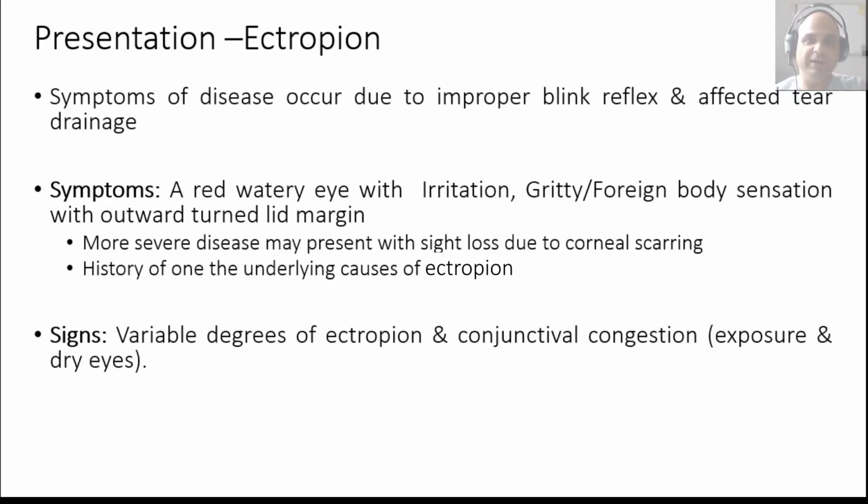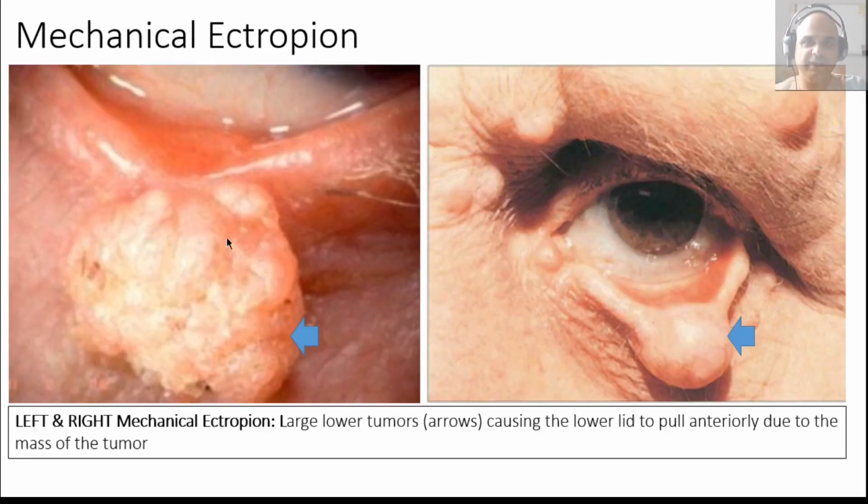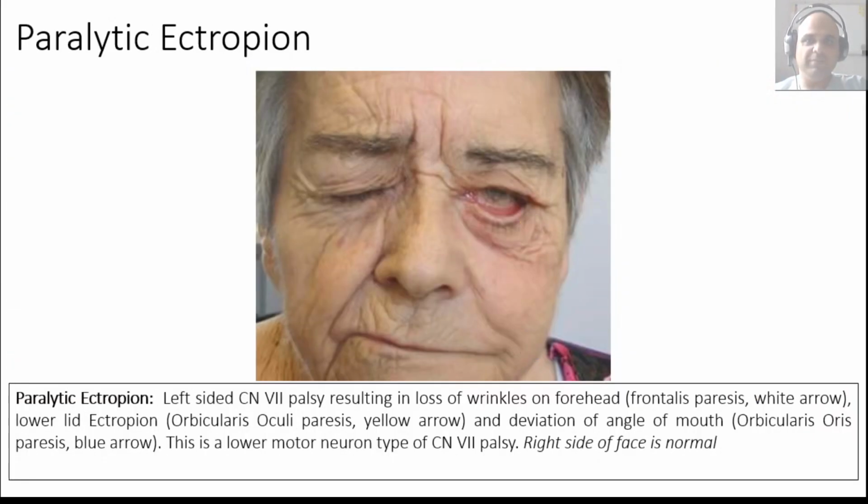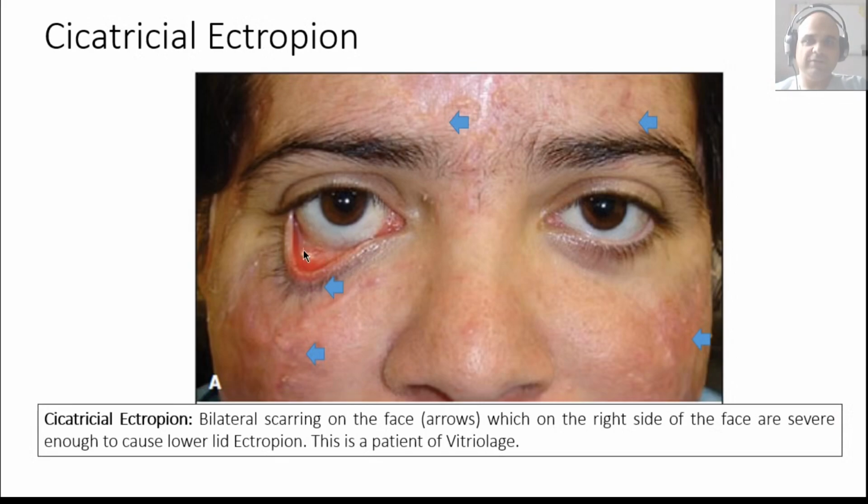For example, a tumor, as we saw, I'll just go back to the tumor slide. It's causing a very localized ectropion right here. This one is causing a larger ectropion. So the extent of ectropion would depend upon what caused it and to what extent it is causing it. We saw the example of a patient of vitriolage. It has a huge ectropion because of the scar that has fused the skin of the lid to that of